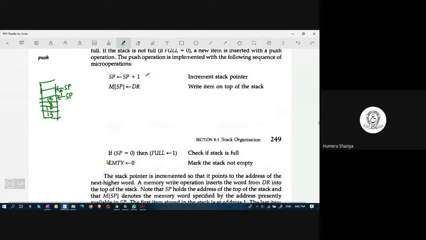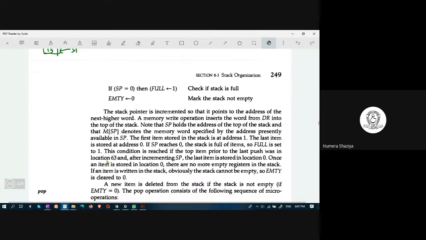If SP is here, at the last location of the stack, subsequently when you increment this, SP would go here, meaning it would go to the 0th location. When SP is 0, then full equal to 1. All right. And mark the stack not empty. Empty equal to 0. Empty 0 means it is not empty. Empty 1 means it is empty.